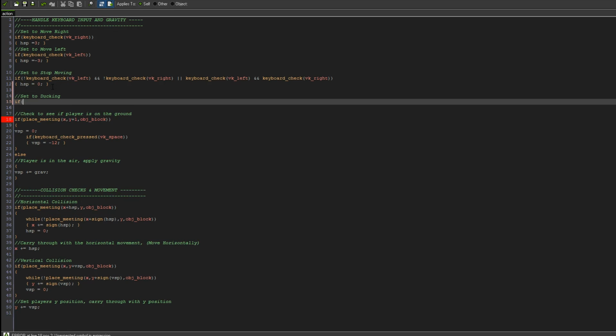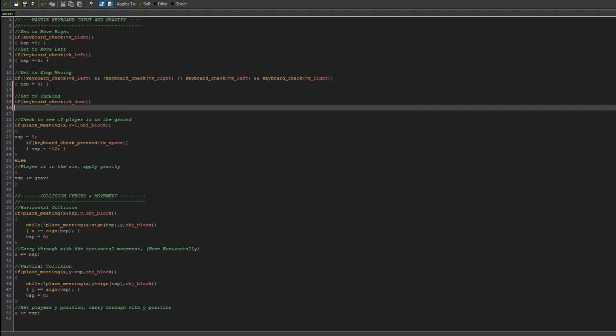I'm going to do if keyboard_check(vk_down), so if we're pressing the down arrow key on our keyboard, I'm going to set the variable we just created, ducking,